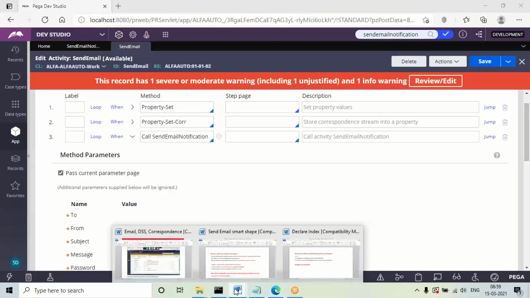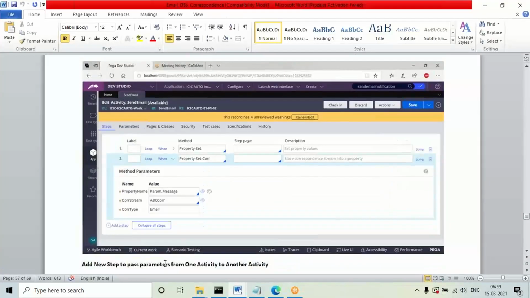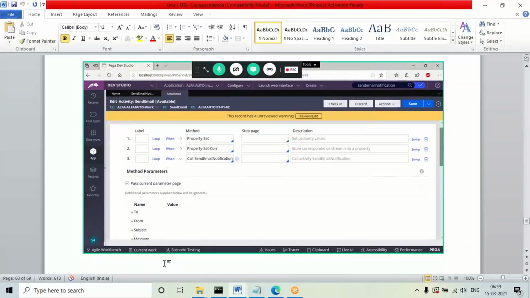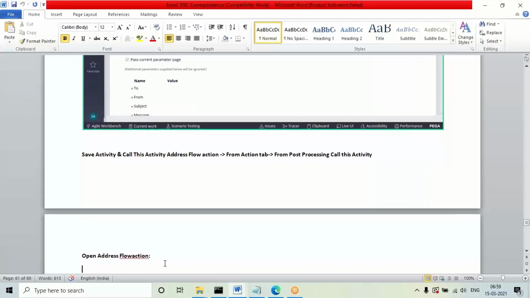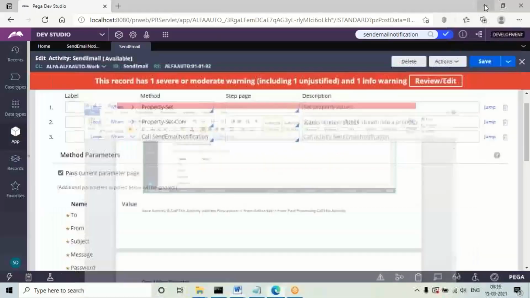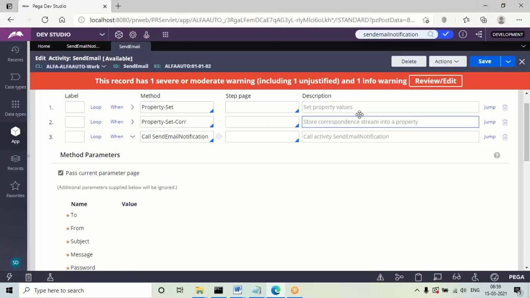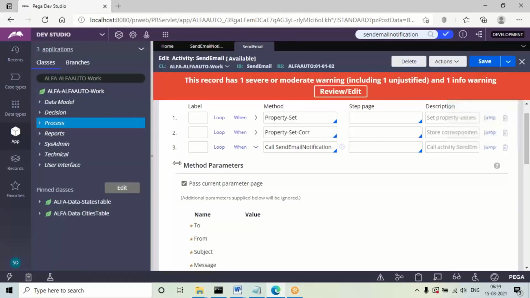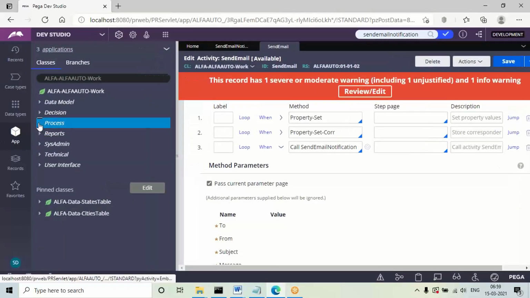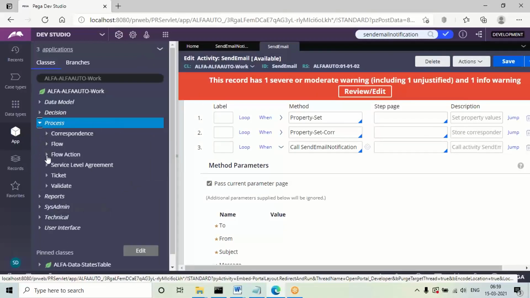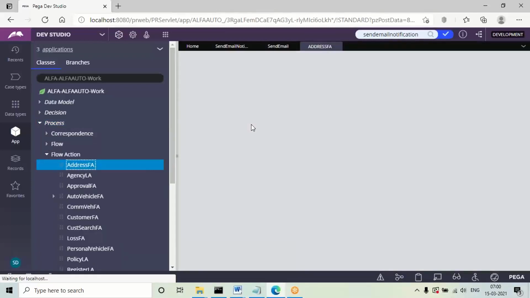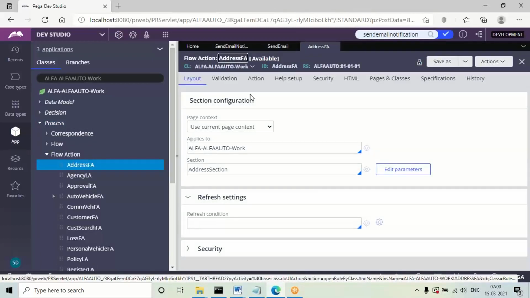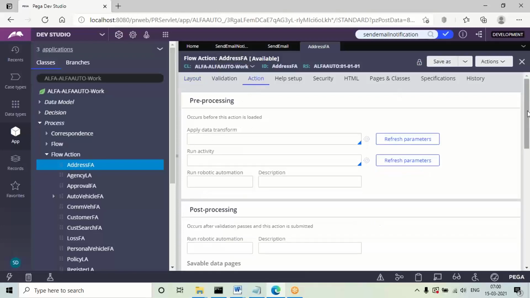Like that we define the parameters, DSS, correspondence and everything. And finally we need to save this activity. In this scenario I want to apply this notification for the address flow action. So address UI we are going to apply this notification. Open the address flow action. In the action tab, under post processing we need to call it.